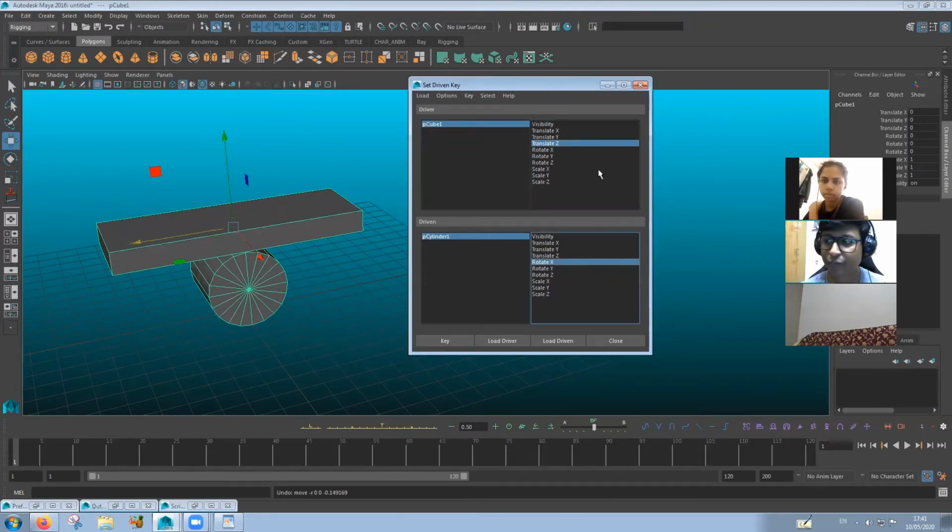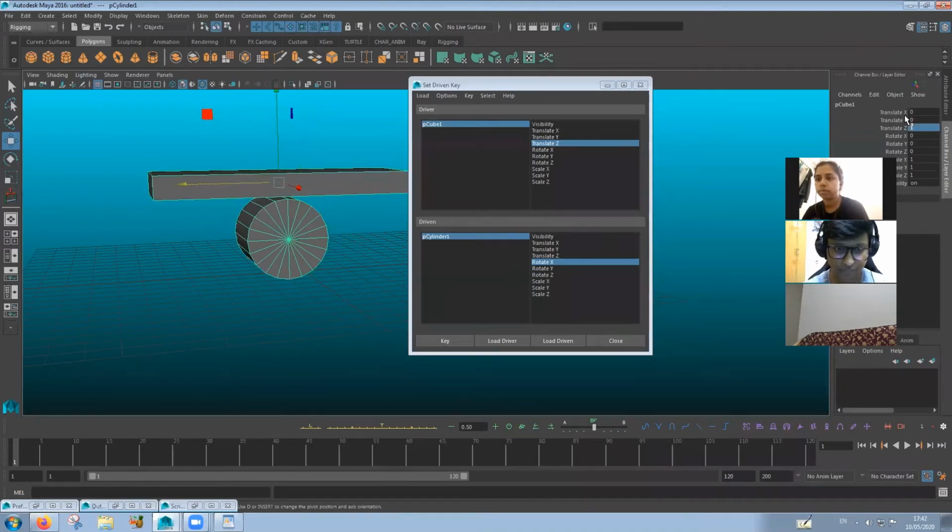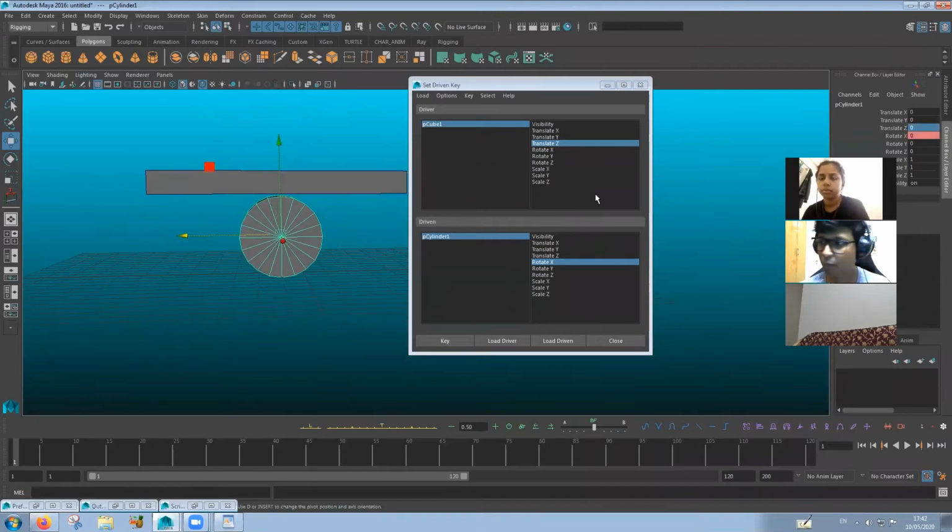All right, so at 0 value, translate Z is 0, rotate X of this is 0. Okay, we'll hit a key over here. All right, and then what we're going to do is move this, say 10 units or say 1 unit. So 1 unit, and I'm going to rotate this to say 36 degrees. All right, and key again. Okay,